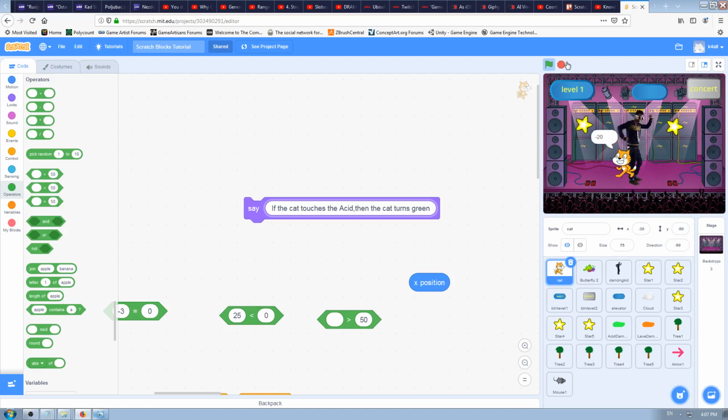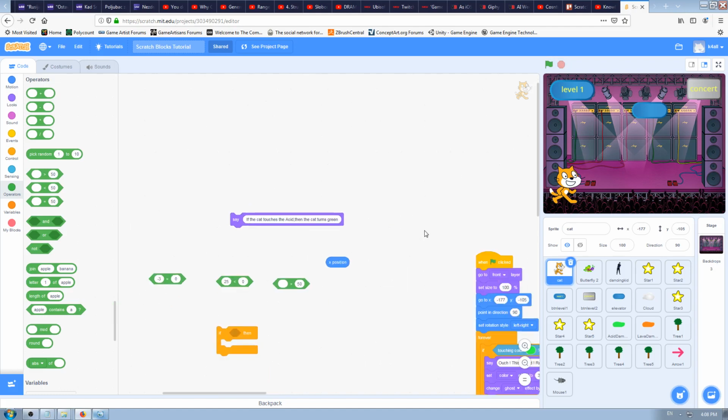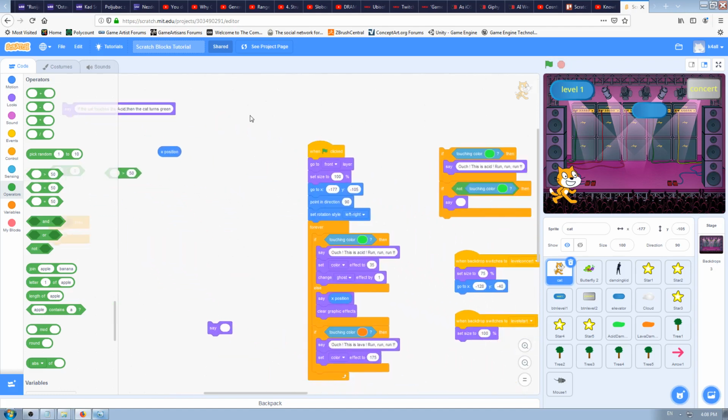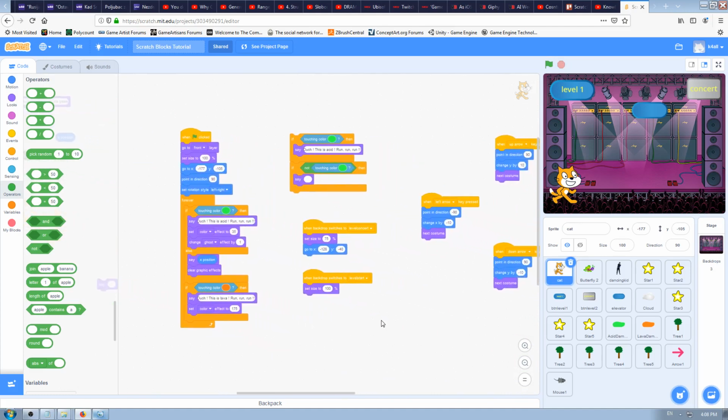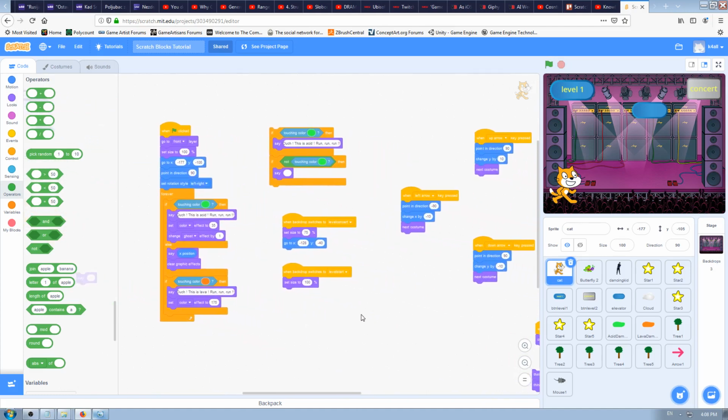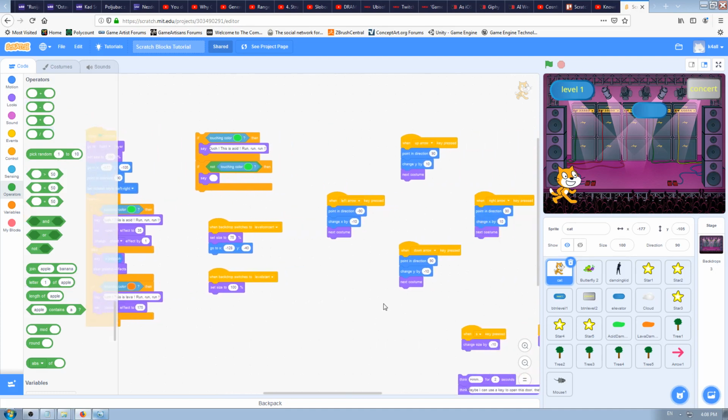stop my game now, for example, I don't want to play anymore, and I click stop. Okay, game stops here, so I want to play it again, and I hope my game will start from level 1. Click on it, but that doesn't happen. Why is that so? Well, we probably never set Scratch to start the game from the backdrop 1. We have used switch backdrop, I think, earlier,